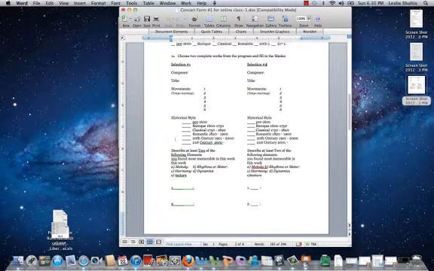So the composer would be the person that wrote the music, and what I would like you to do is actually don't take the forms with you to the concert, but just keep an open mind when you go to the concert, and then as soon as possible afterwards fill this stuff out, because hopefully there's some things that are memorable about it. When you go to the concert, just what I'd like you to do is focus on a couple things that would describe each piece. So a little more vocabulary here. Let's take a look at the concert program so we can figure out what's meant by title and movements.